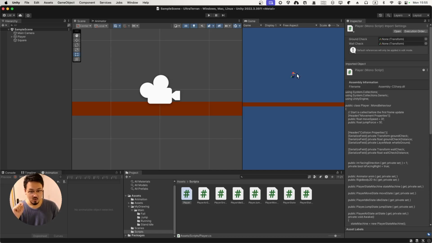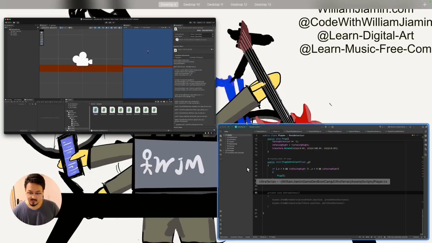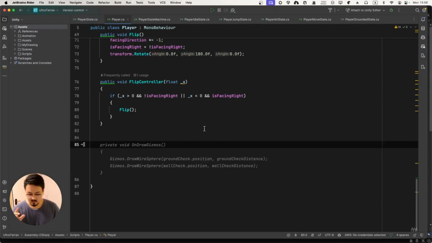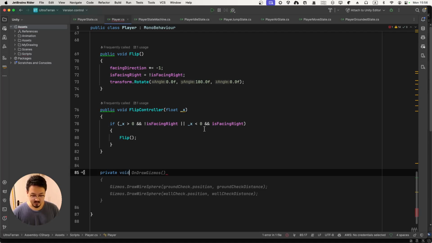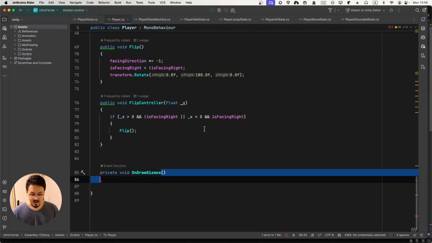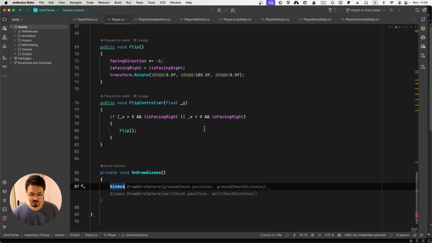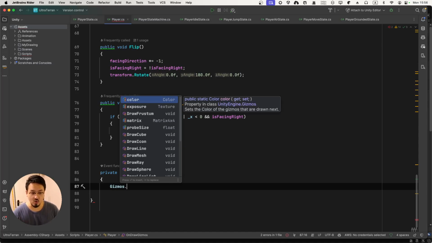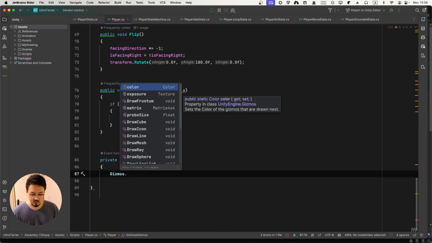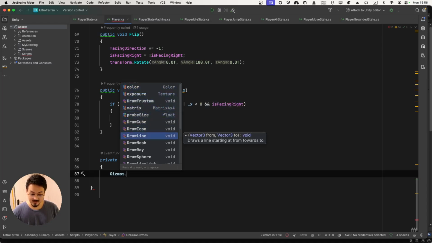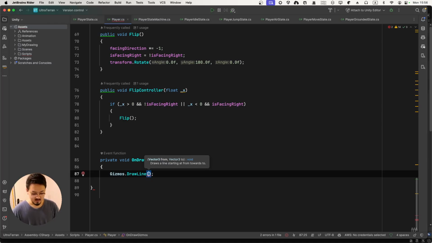So let's start with just one line. Okay, and then on a pretty complex project, we're going to draw this like a rounded shape. Of course, if you have to do that, you can make a ground shape. But I think the wire line is much more straightforward. Okay, so private, I'm going to partially accept that. OnDrawGizmos, and I'm going to say Gizmos dot. Instead of a draw wire, I'm going to draw just a line. DrawMesh, DrawRay. Oh my gosh, tons of things. Okay, I'm going to say